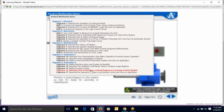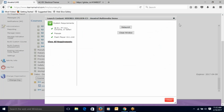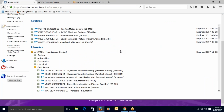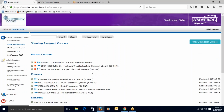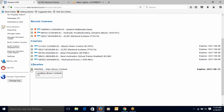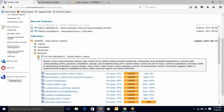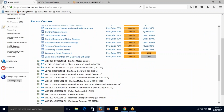So now what I'll do is switch over to a student's view. That was more of a focus on the content. One advantage of using eLearning is that right now I'm in the instructor view. I'm going to switch over to student view. I'm going to go down here to a couple of courses that I've taken myself, and they're in electrical and in motor control. And first of all, before I show you that, I'm going to show you